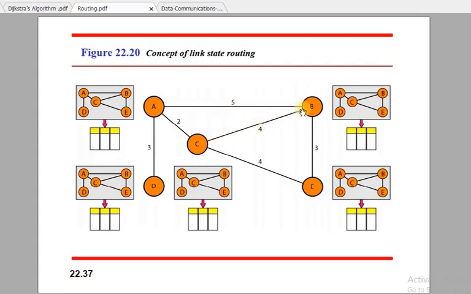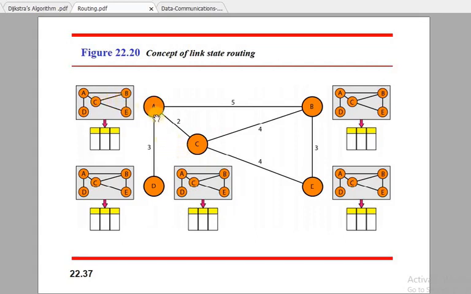among these nodes. So here we see that each of the nodes has a common ground knowledge of the entire topology. As you can see, A has the knowledge of the entire network, D has the knowledge, B has the knowledge, E has the knowledge, C has the knowledge, right? But how is this information going to be constructed, or you can say how is this diagram going to be constructed based on the information that is shared?